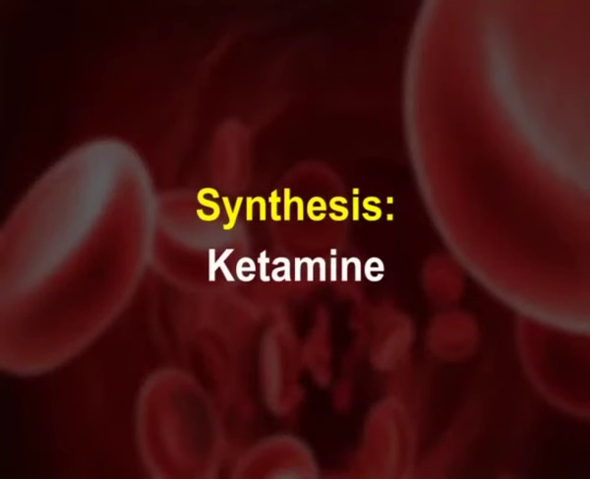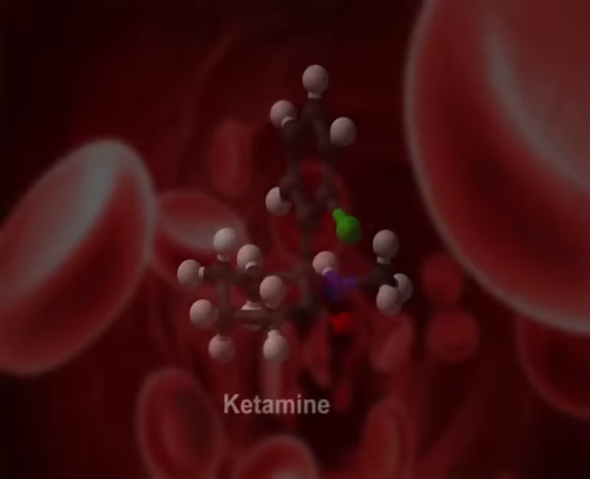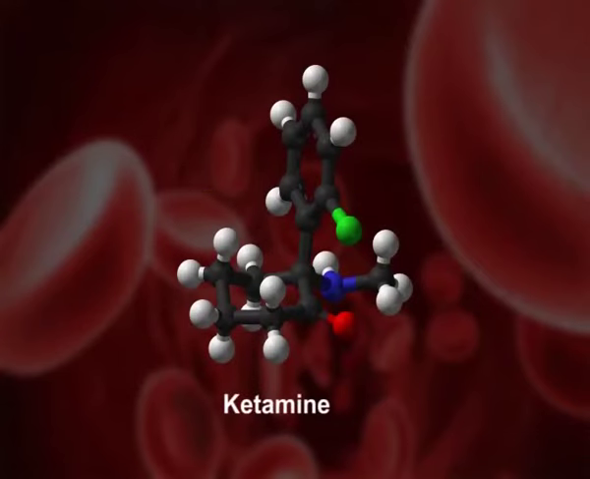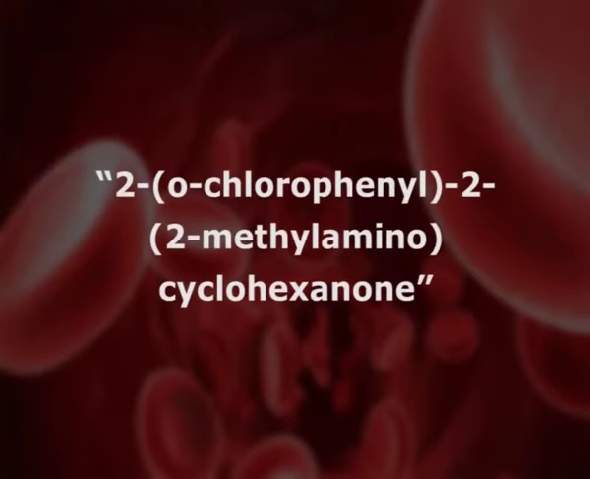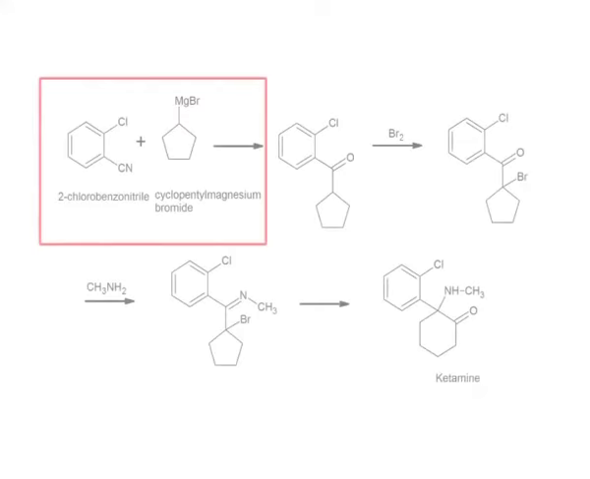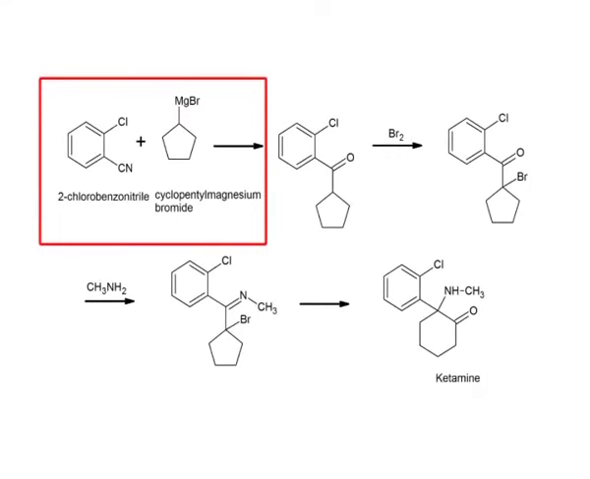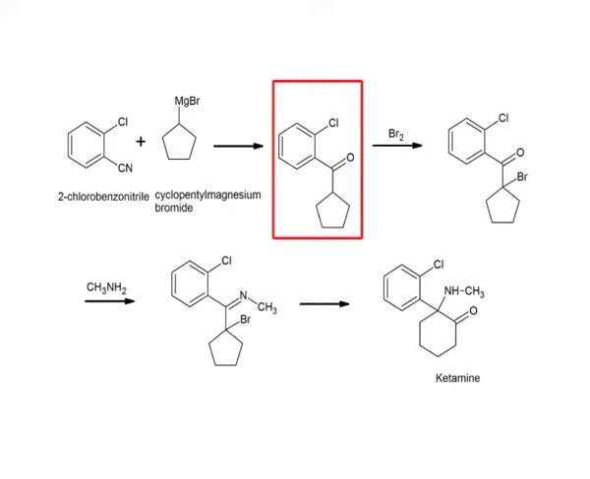Next is synthesis of ketamine. Ketamine, chemically known as 2-orthochlorophenyl-2-methylamino cyclohexanone, is synthesized from 2-chlorobenzonitrile, which reacts with cyclopentyl magnesium bromide to give intermediate one, that is known as